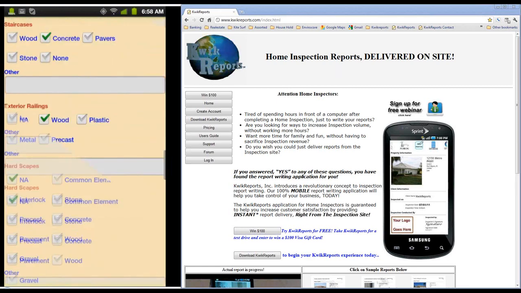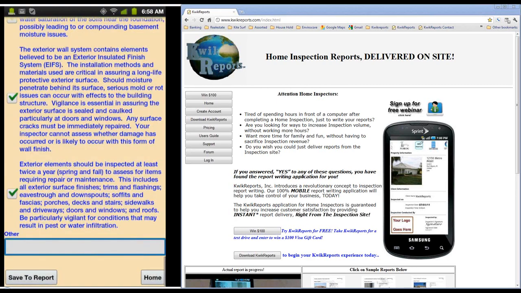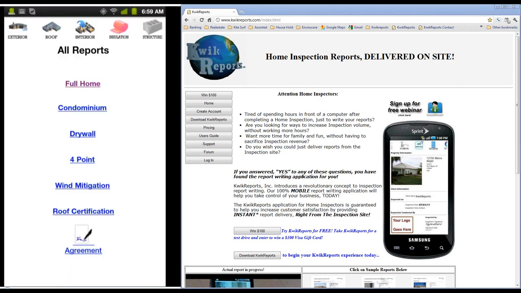Once you have completed a system, select the Save to Report button, and then you may simply hit Return to Home. You will find that within the KwikReports program, entering all the system data will be in the same type of format. Entering the roof section,